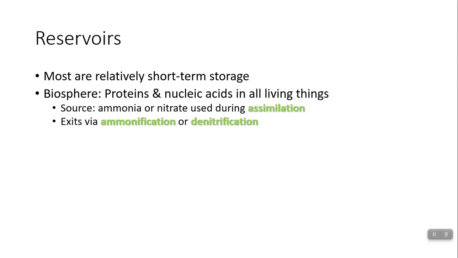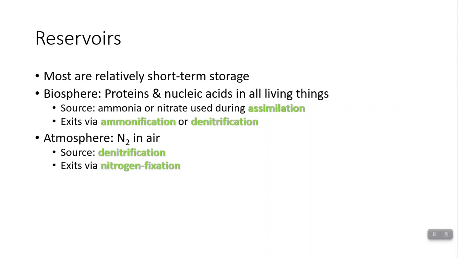So you have the biosphere, which is all of the biological molecules and all living things that are containing nitrogen. It's the proteins, nucleic acids. The source for this reservoir is either ammonia or nitrate that's used during a process called assimilation that we'll talk about in more detail. And nitrogen leaves the biosphere through one of two processes, either ammonification or denitrification, which we'll